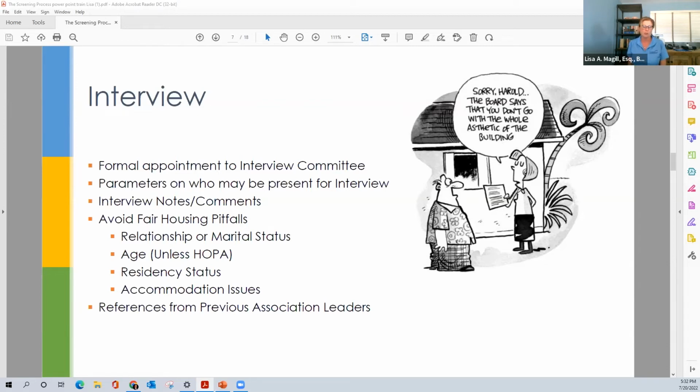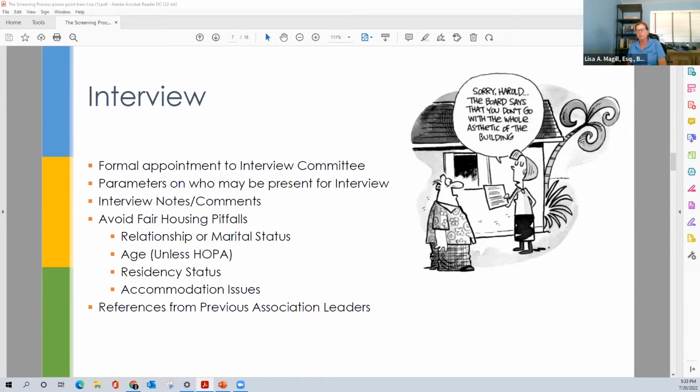You're going to want to have your interview committee people keep some kind of notes, even if the note was Sally, John, and Mary showed up at 12:45 for a 1 o'clock appointment. We met for approximately half an hour, a little bit of notes about what you talked about, and then the time of departure. That way, in the event you have to show consistency in a future claim, you'll have these notes showing, yes, we do conduct interviews. Here are the interview notes. Even if the notes were, people showed up on time, they seem nice, that's a perfectly adequate note to have.